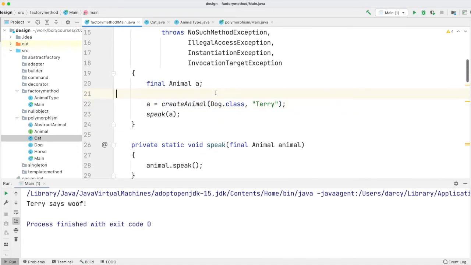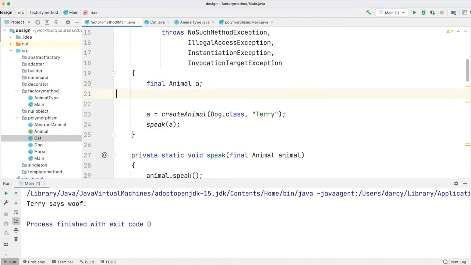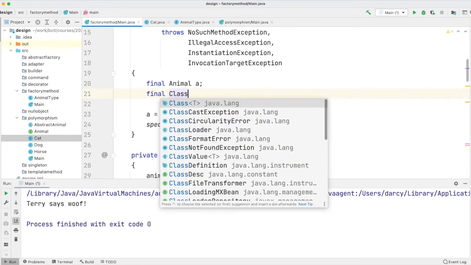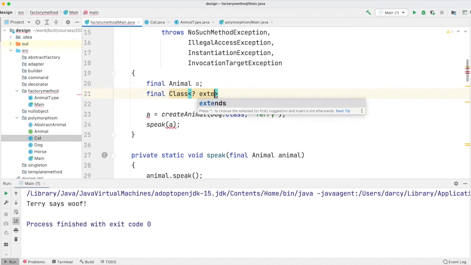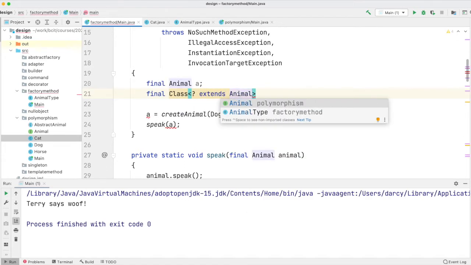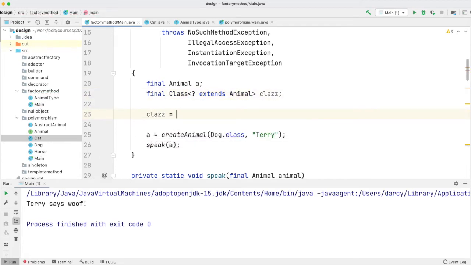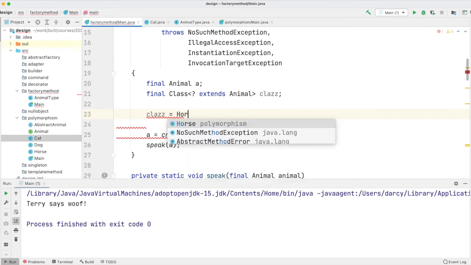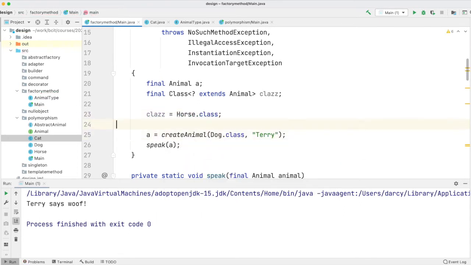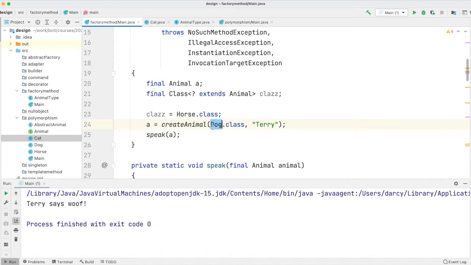We can go one step further. So we can make a variable, pass that in, still work. I got our horse. But now instead of doing this, what I can actually say is Class.forName